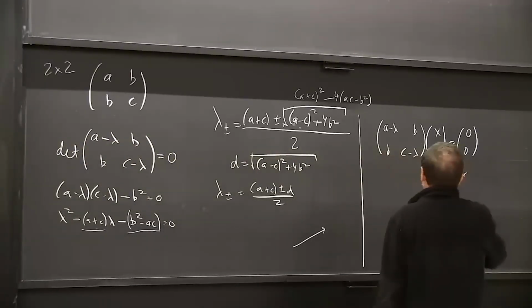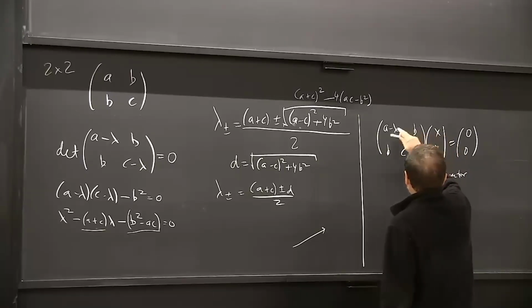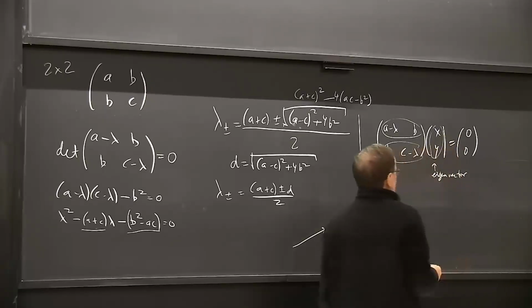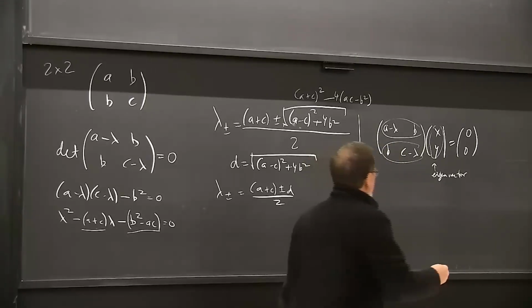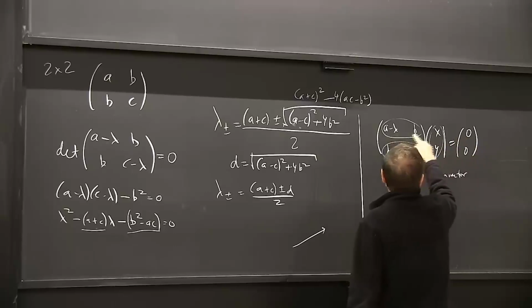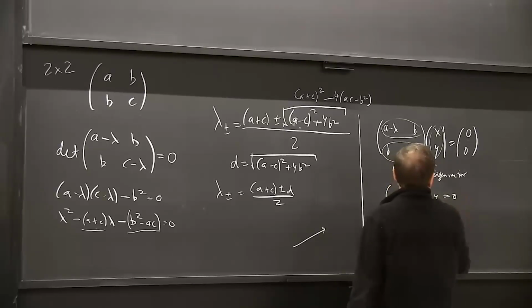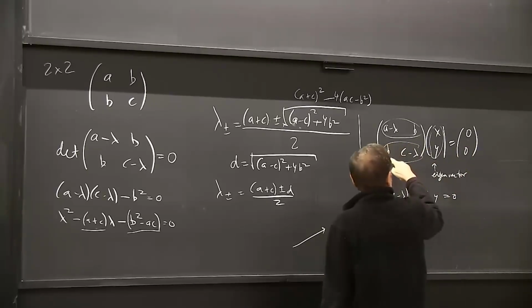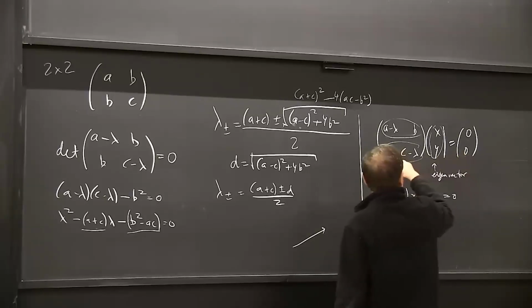So what does this mean? Well, it means that there's a relationship between this vector and that vector, and between this vector and that vector, namely they're orthogonal. So why is that? Well, this 0 up here comes from multiplying this row vector by this column vector. So it's A minus lambda times x plus B y is 0. That's the first equation. And then the other 0 comes from multiplying this row vector by that vector. So I get Bx